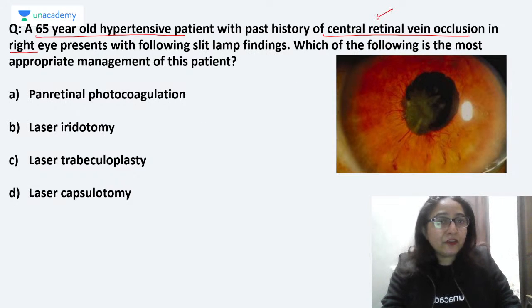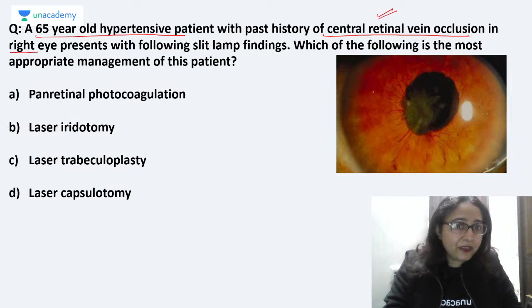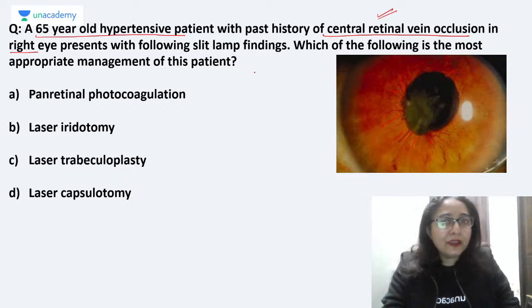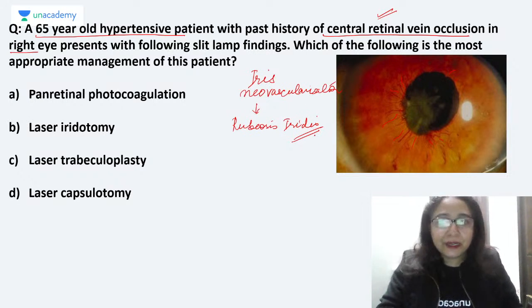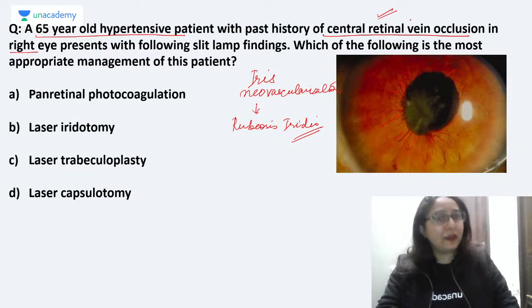So, a patient of central retinal vein occlusion, and if we look at the iris, we can see there are multiple vessels on the iris surface, new vessels on the iris surface. So it is iris neovascularization which is visible on slit lamp examination in this given image. Iris neovascularization is also called rubeosis iridis. And we know rubeosis iridis is one of the late complications of central retinal vein occlusion,